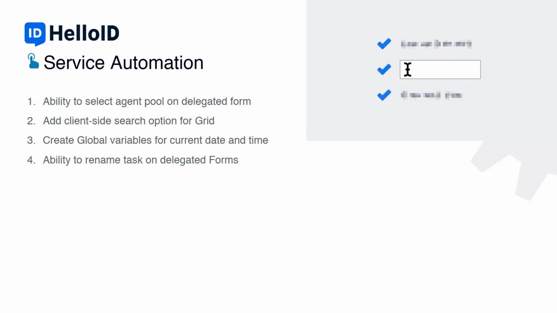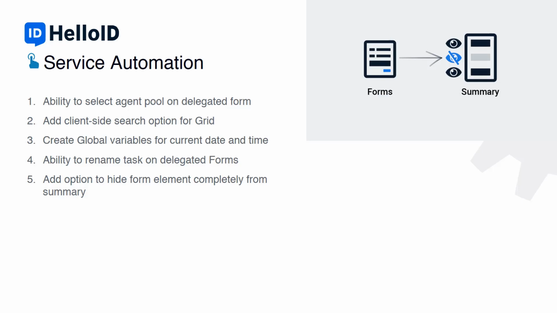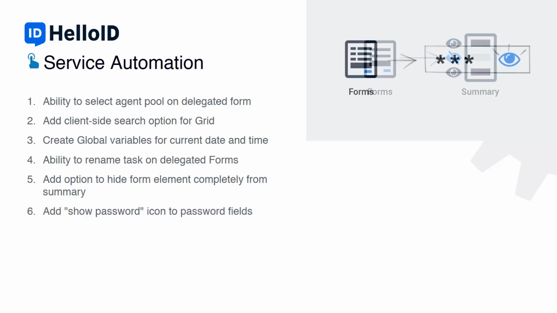We have the option to rename tasks. Most commonly PowerShell is being used, but now you are able to rename the PowerShell name, and it's easier for auditing information, so it's easy to recognize where the command is coming from. You also have more flexibility in the summarization form after you have finished, for example, a wizard in a form. You can say which components should be visible or not on the summary page. And we have a show icon in the password field,